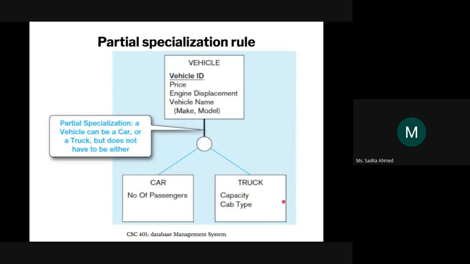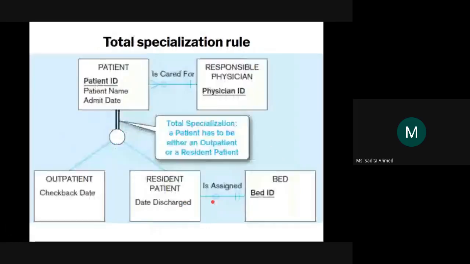For example, motorcycles. They're neither car nor truck, but they are vehicles nonetheless. So in my vehicle table there can be a row that exists in neither the car table nor the truck table. In the patient case, the patient instance must exist in the outpatient or resident patient table,